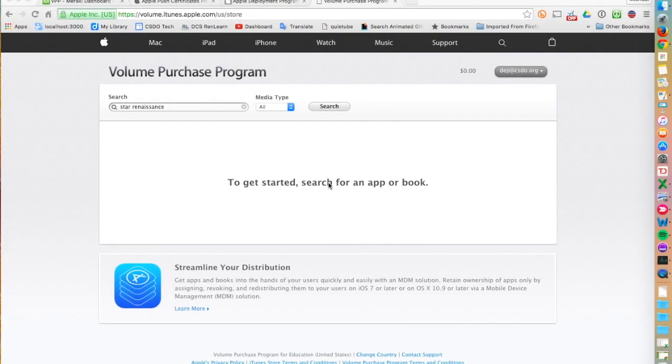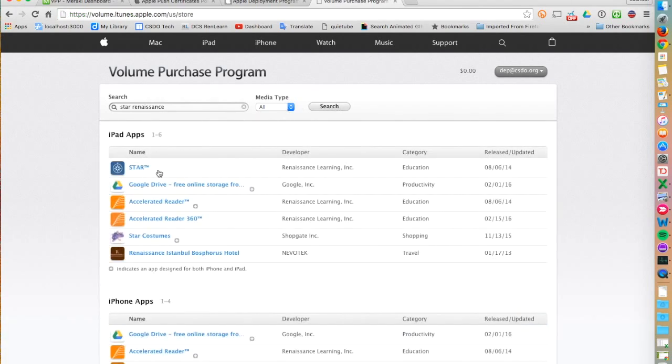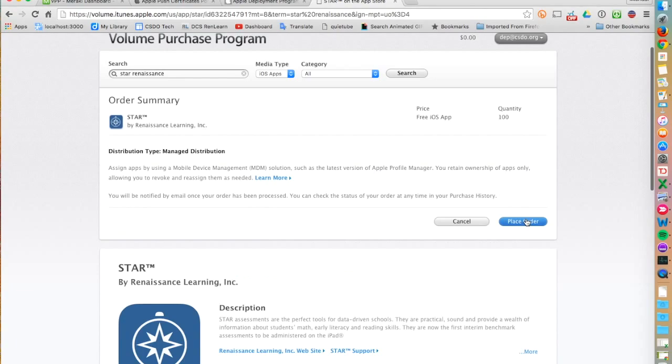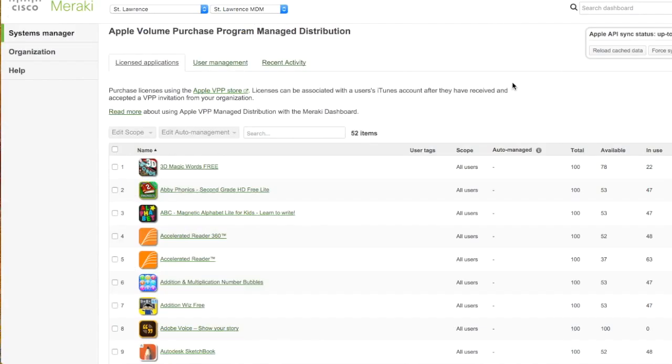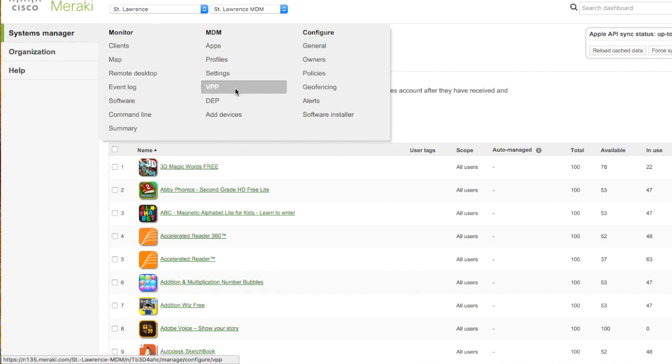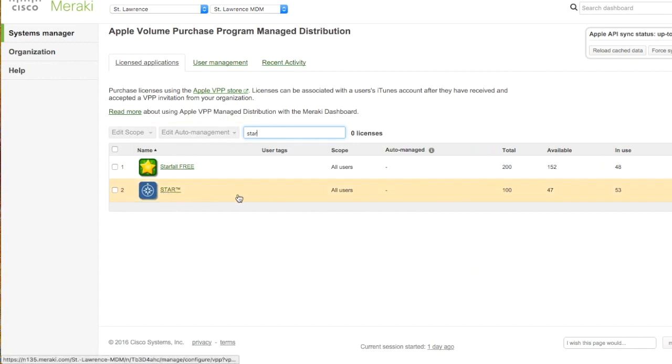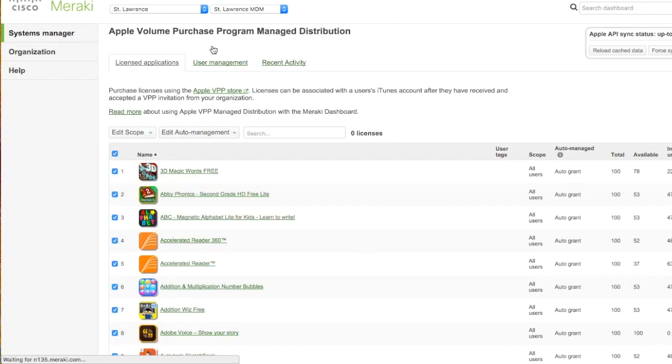So we've added one app to our iPads, but what about the rest? Well, anytime you want something new, you can just go to the VPP portal, search for it, find it, say how many you want, and place your order. Within a few minutes, they're going to show up in the VPP tab in Meraki. If you're in a rush, you can click Force Sync Now, and it's going to pull all that newest data from Apple. So there's my tab. There's my available licenses. When I go to install it,